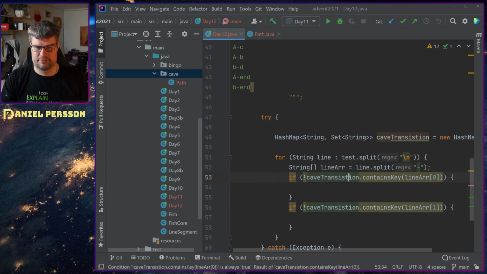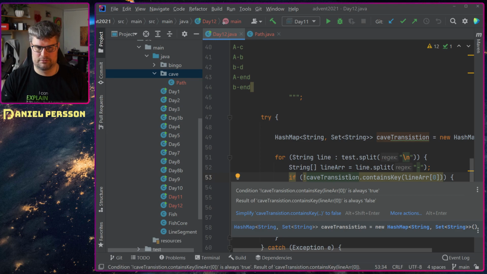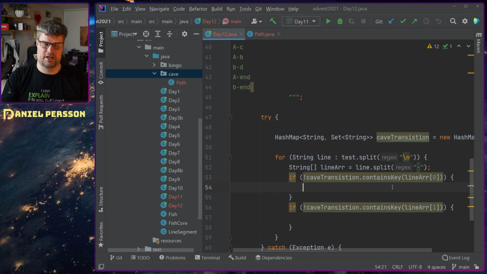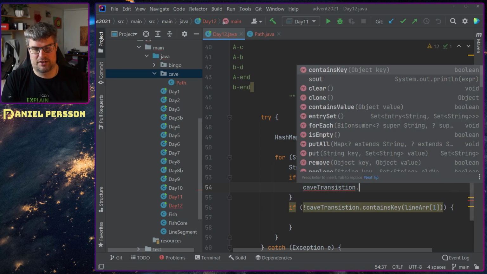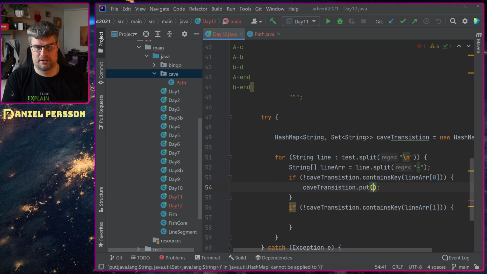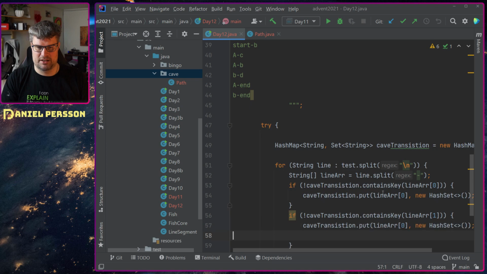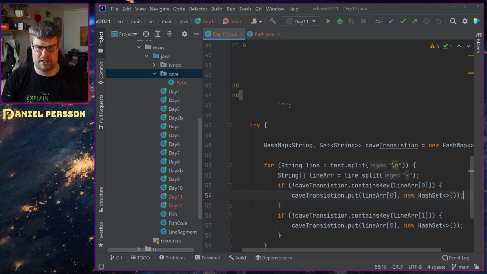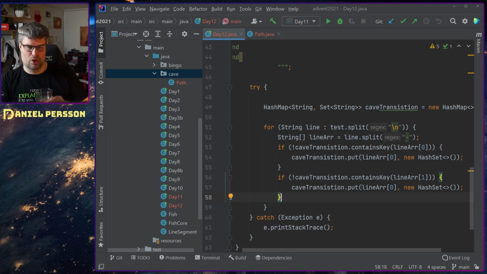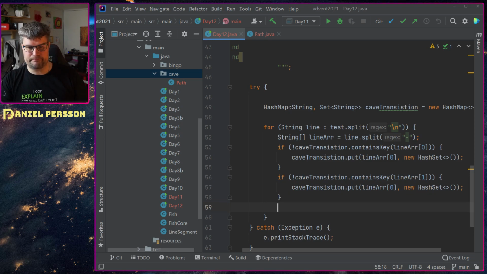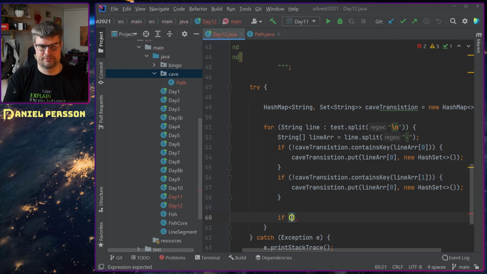That's the problem here. It's always true. At the moment it is. Cave transition put this, and a new hash set. So if we haven't seen any of these endings yet, we will create a new hash set. If cave transition,